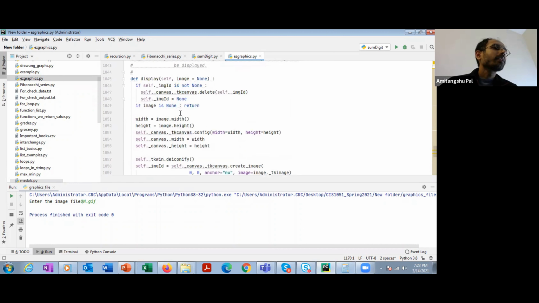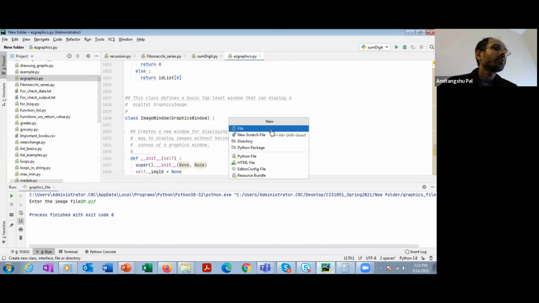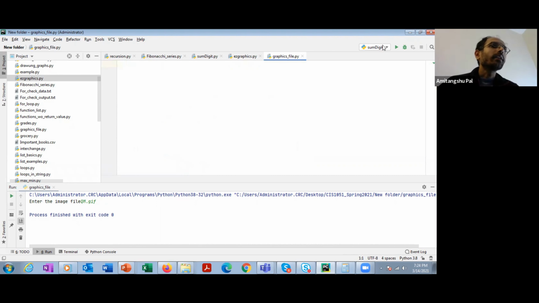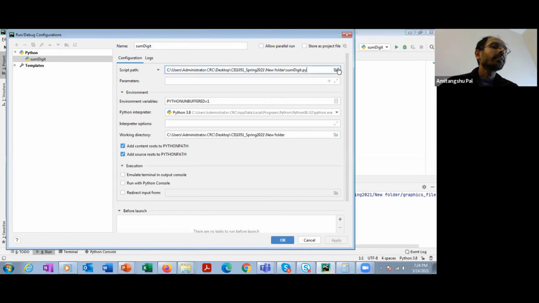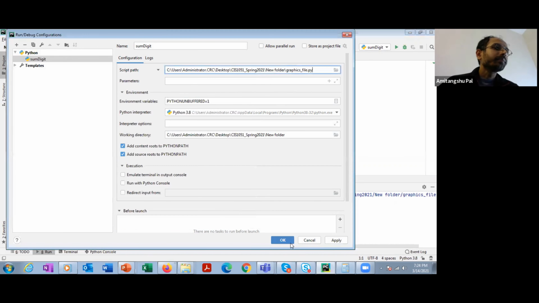All right. So let's open a new file named graphics file.python, and let's edit the configuration and include the corresponding file.